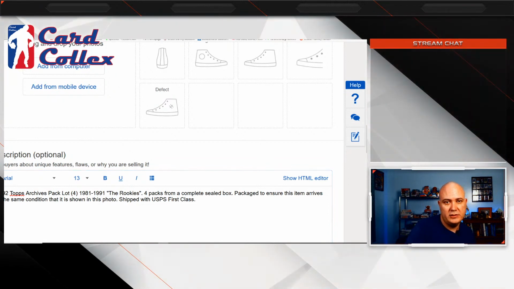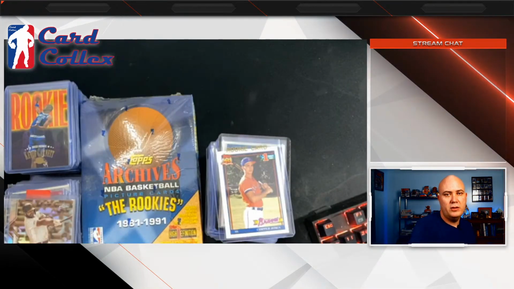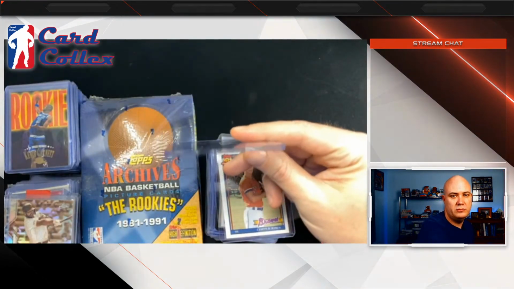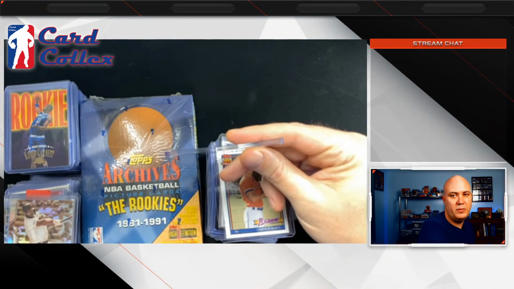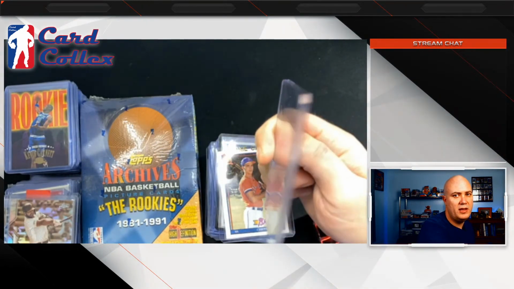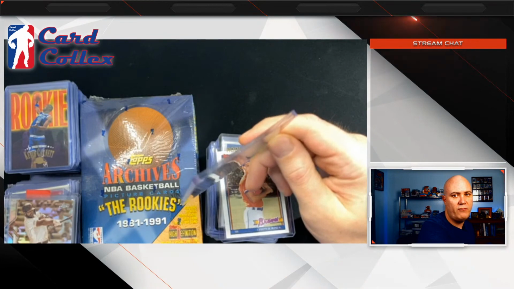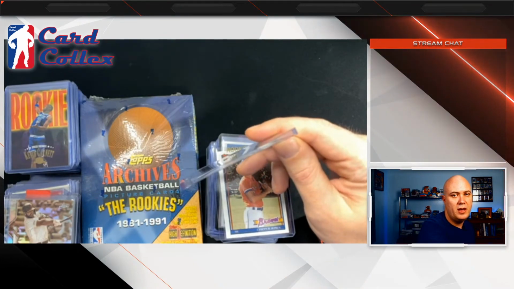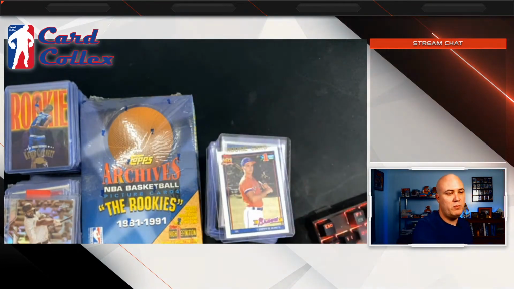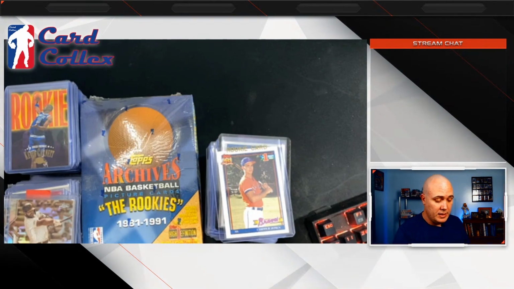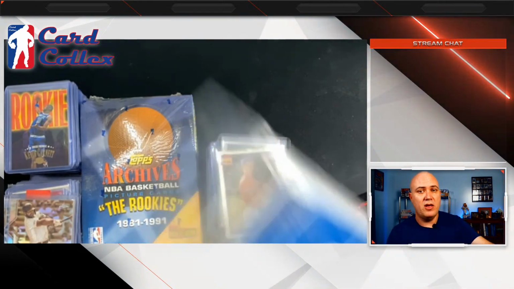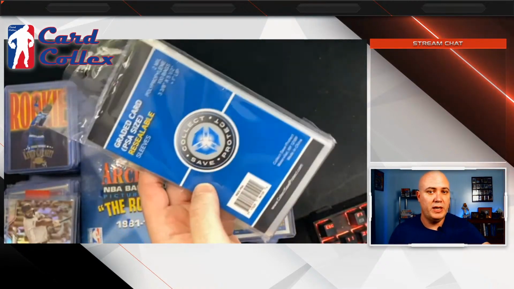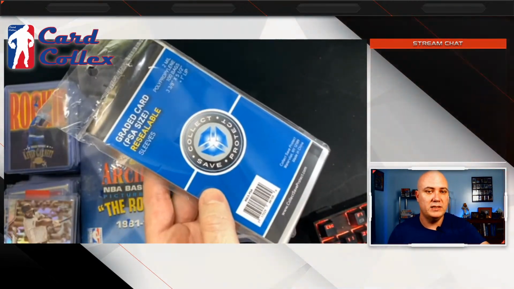So for instance, hold on here. Like one of those, just a thick top loader. These are actually 120 point, I think. I think 100 point for standard cards will work fine. These are a little bit bigger, and that's fine too. But then I'll take these, and I get these team bags, and all this stuff is in the description, or it should be. Links to all this stuff.